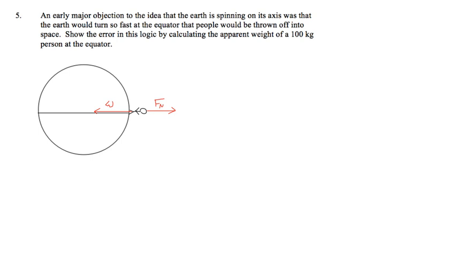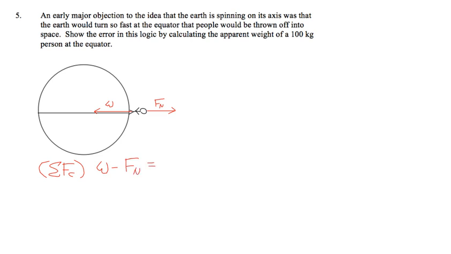I'm going to write my descriptive equation. So who can tell me, if this is my picture, how would I describe that as an equation? Now remember, forces towards the center of the circle are positive centripetal forces, and forces away are negative centripetal forces. So what would be my descriptive equation in this example? Right, W minus Fn